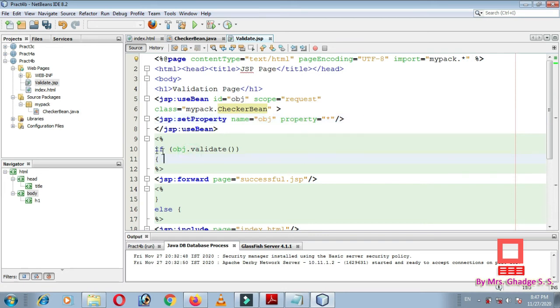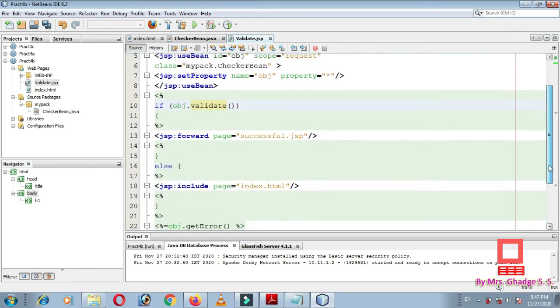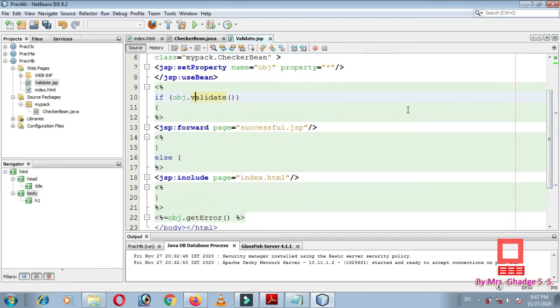Okay, and if obj.validate, meaning if the validate method returns true, then all the data entered into the text boxes by the user is valid. Only then will it return true, and if it is true, the control goes to successful.jsp.